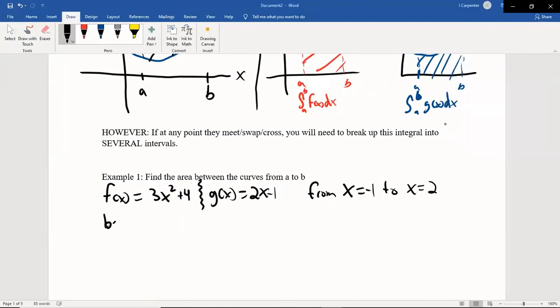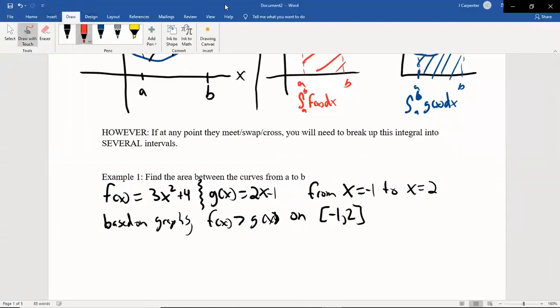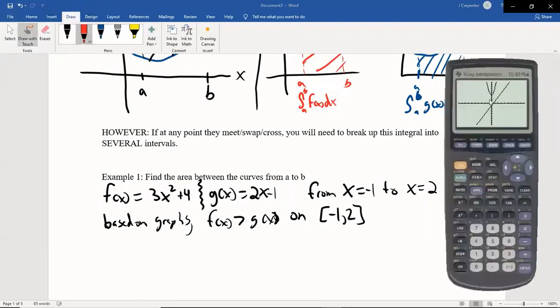So based on the graphs, f of x is bigger than g of x on -1 to 2. Again, all I did was graph it. If you're not allowed a graphing calculator, well, hold on until the end of this problem and I'll show you what to do. Again, that curve is definitely higher than the line in that region. So we need to do